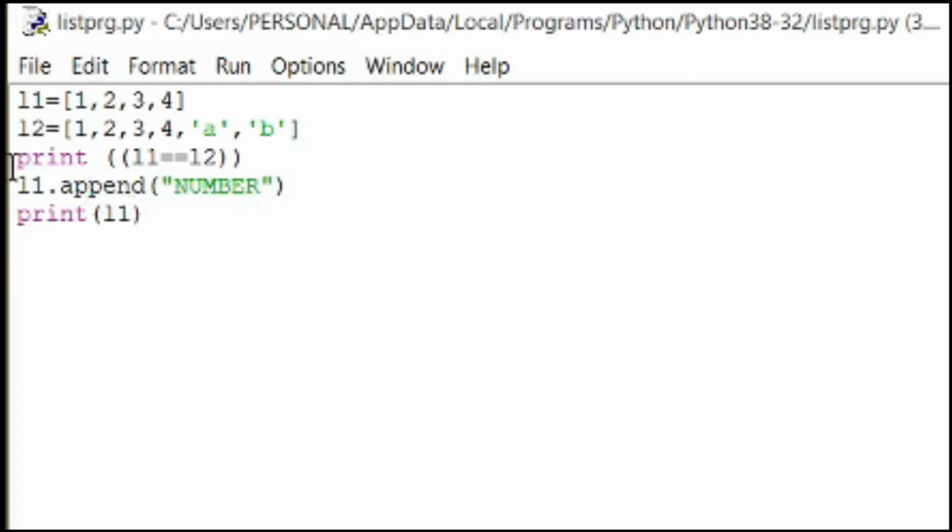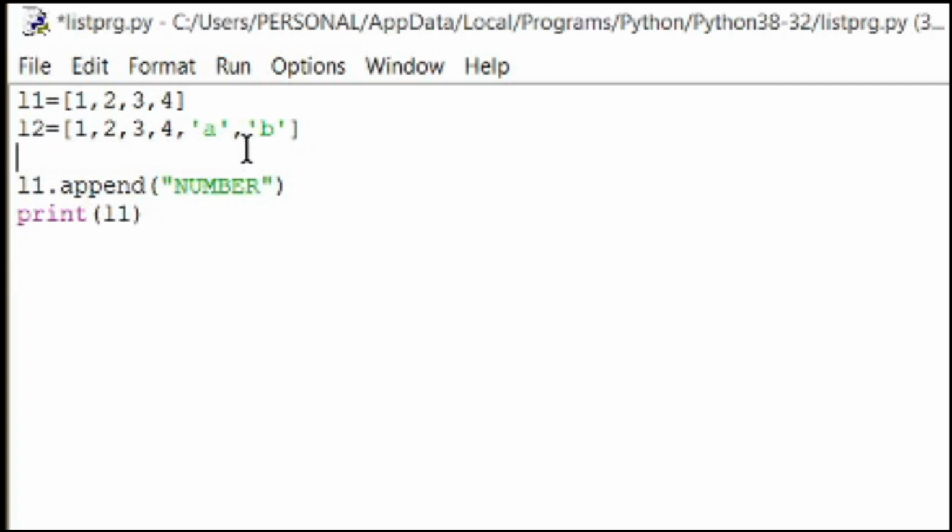So here 2 lists are there. I am appending, that means it will join at the last. I am not updating the list, just joining one more value, that is a number, in the first list. So now Ctrl S and then